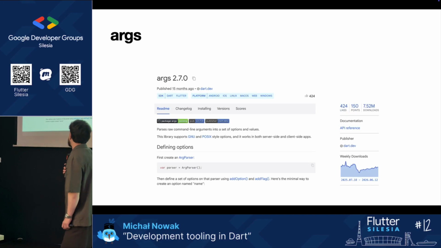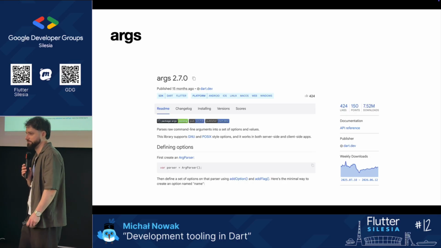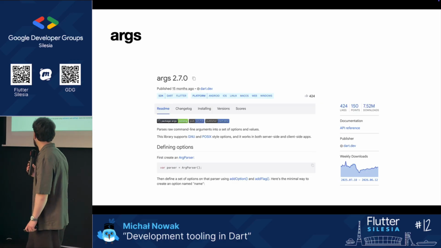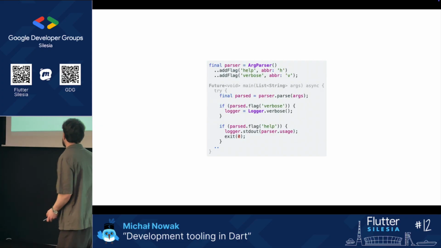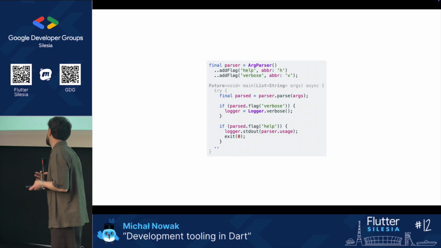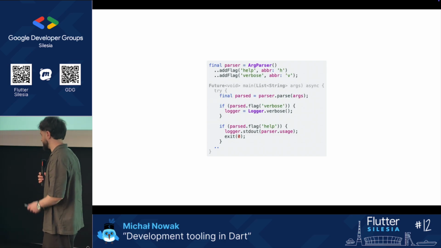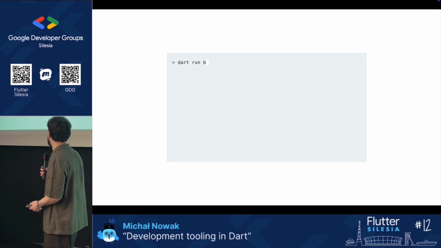Also, another cool package from the Dart team is the args one. It just helps us with parsing some arguments out of the command line, and we can just define some flags, like, probably if you've used some of them already, help or verbose, and they're pretty much supported well with Dart. And what is also cool is that